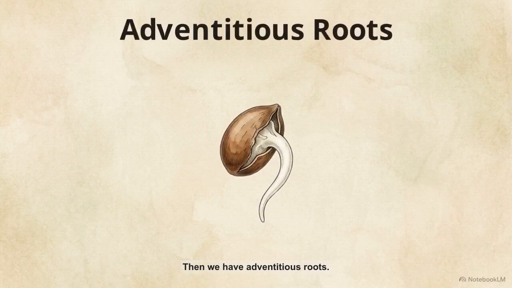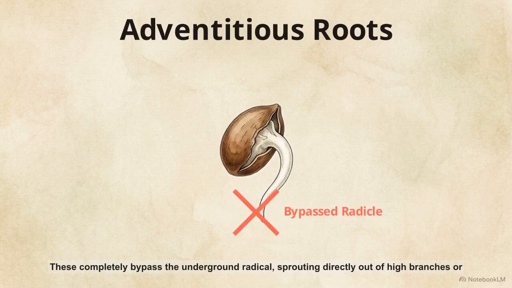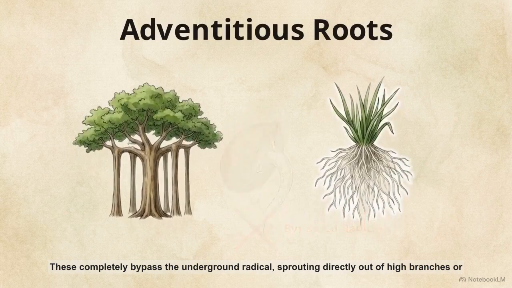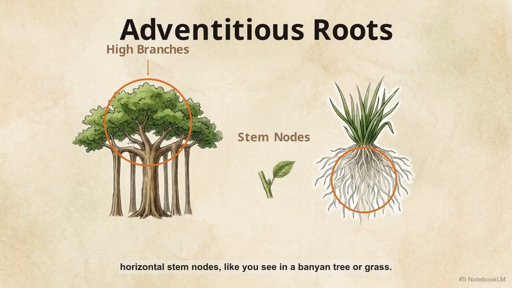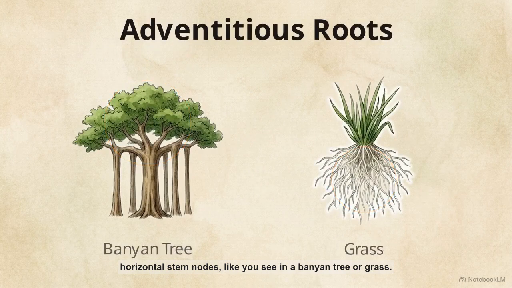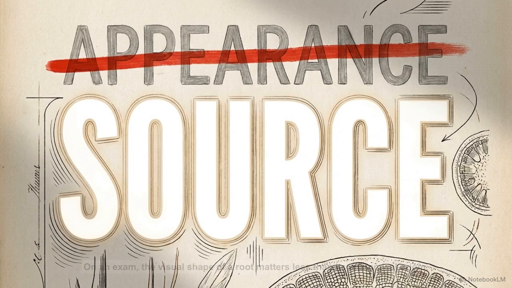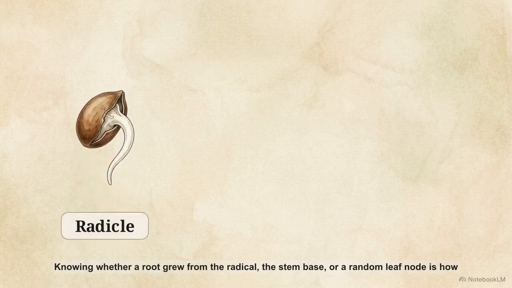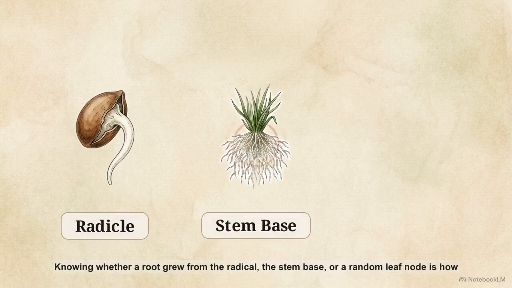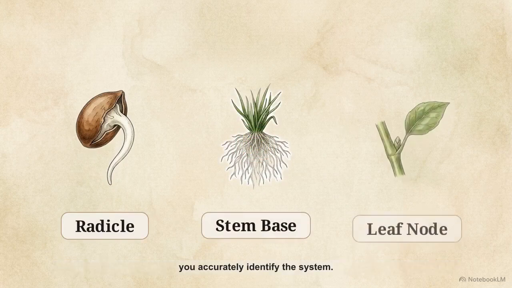Then we have adventitious roots. These completely bypass the underground radicle, sprouting directly out of high branches or horizontal stem nodes, like you see in a banyan tree or grass. On an exam, the visual shape of a root matters less than its anatomical origin. Knowing whether a root grew from the radicle, the stem base, or a random leaf node is how you accurately